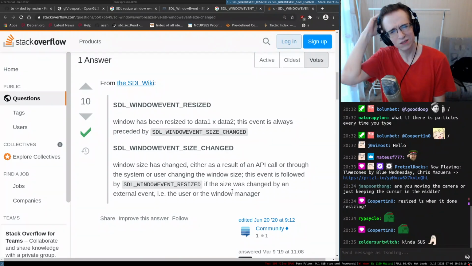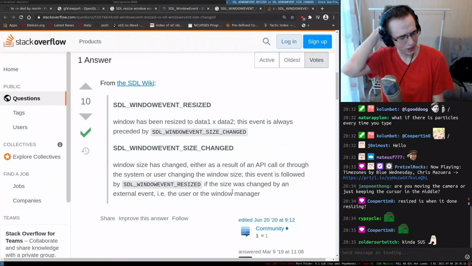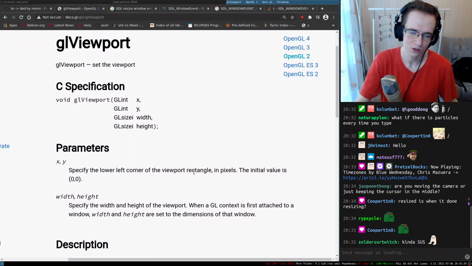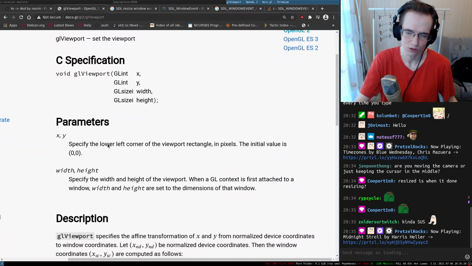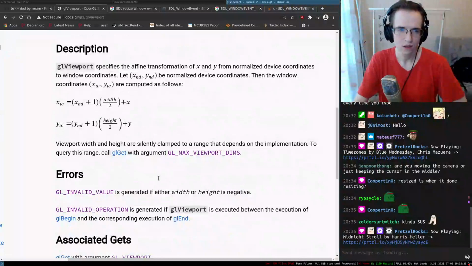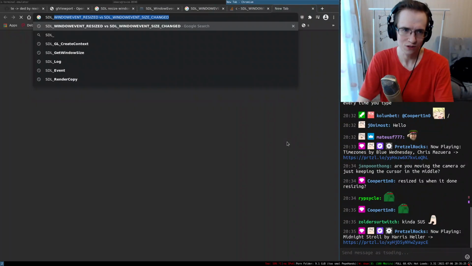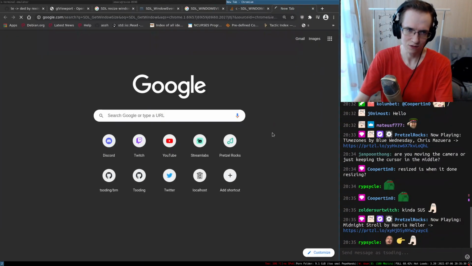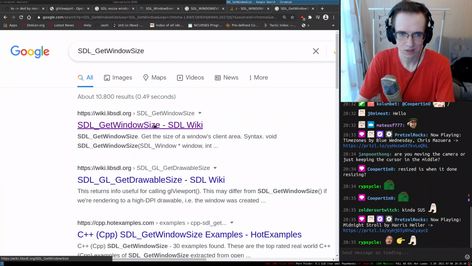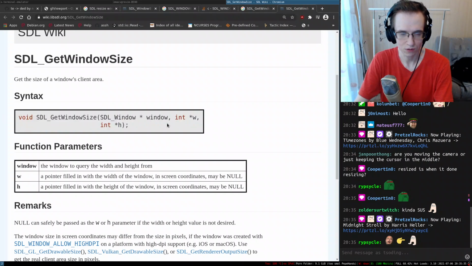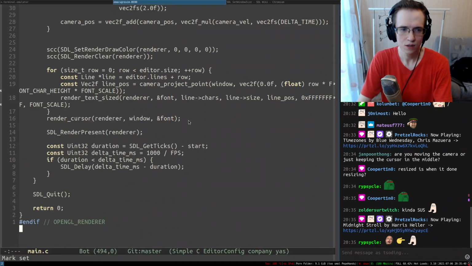To be fair, maybe we can just adjust GL viewport every frame. Is it too slow if we just try to change the GL viewport every frame? Maybe not. We can give it a try because I can always just get the window size, right? We can try to time this function several times and see how slow it becomes, but it shouldn't be that slow.